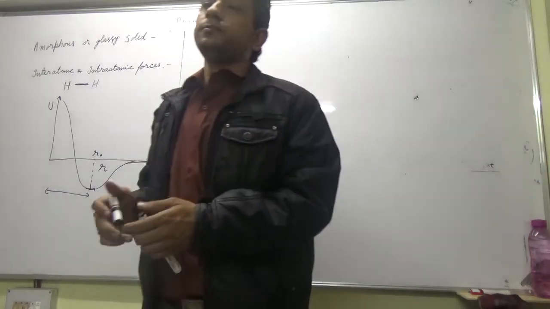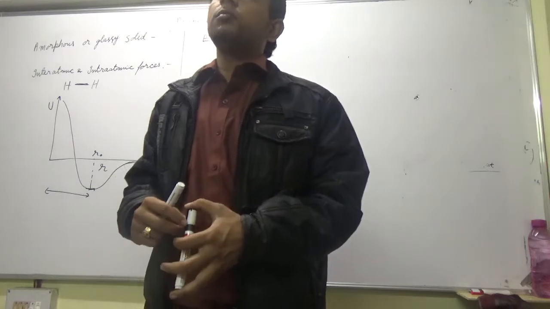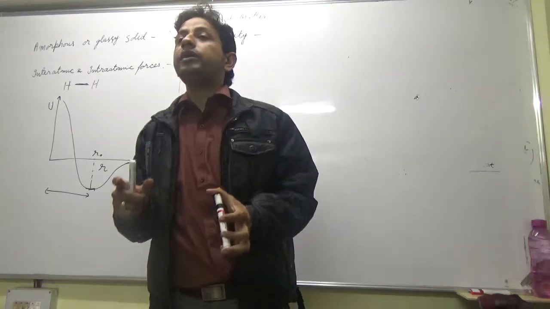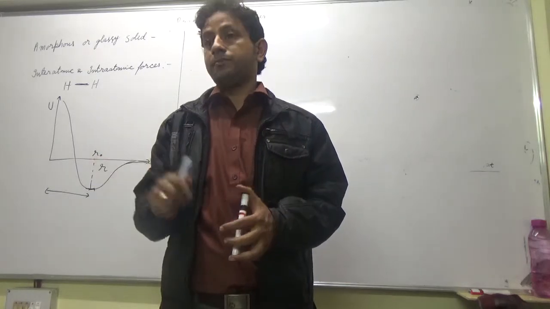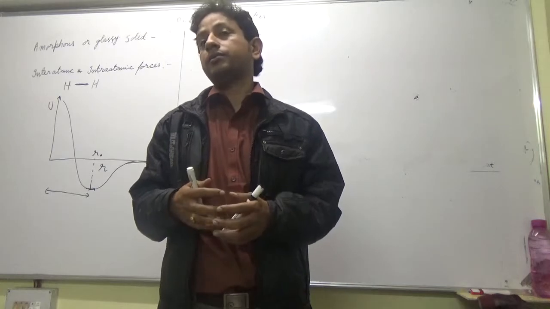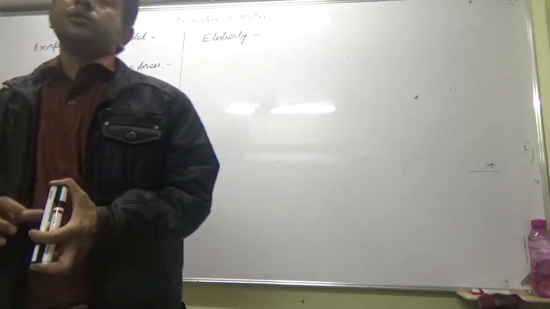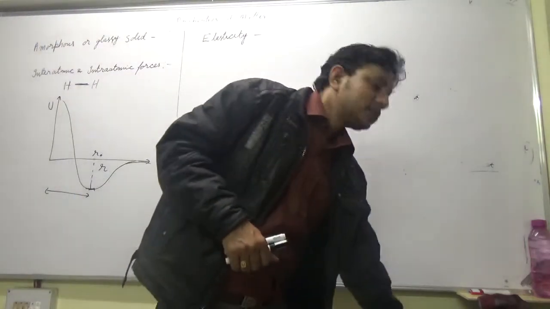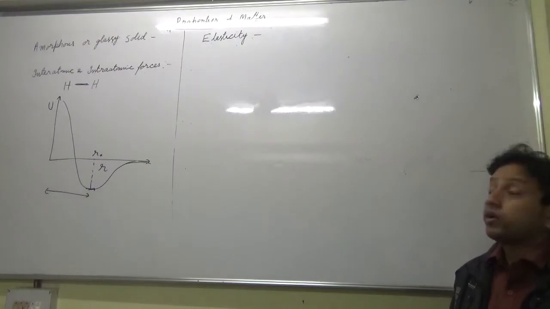What is elasticity? Elasticity is the property of an object by virtue of which, if it is deformed, it tries to regain its shape. अपना शेप को वापस करने का ट्राई करेगा, ठीक है. तो elasticity is a property by virtue of which, लिख लो, elasticity is a property by virtue of which